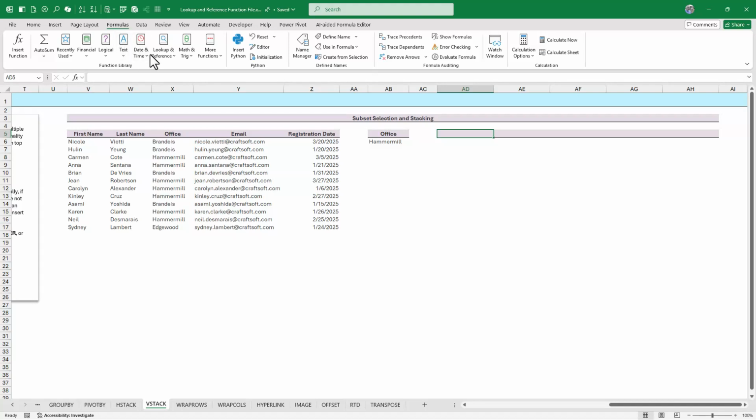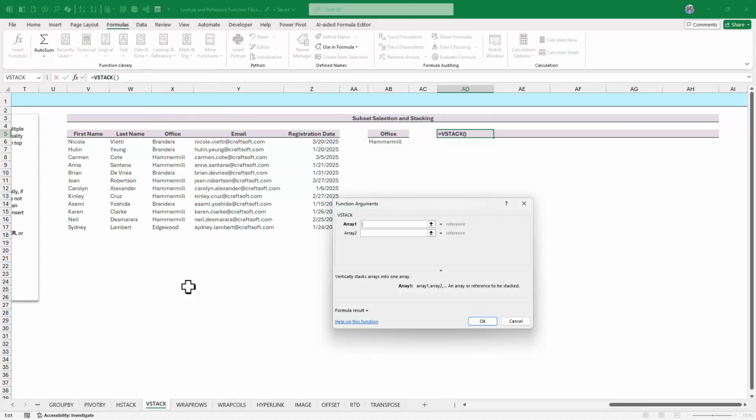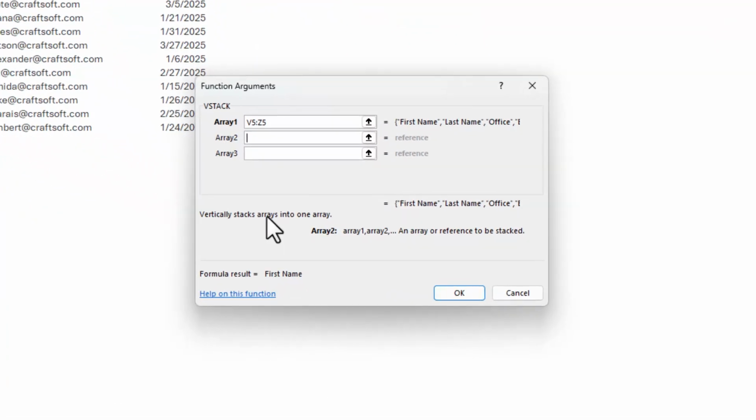So I'm going to look up and reference and choose VStack. And for array number 1, I'm going to highlight first name through registration date. But then, for array number 2, I don't just want to highlight the range of cells that contains all these people's information. I instead want to filter that data set down. So I begin typing the word filter into the array 2 entry here,